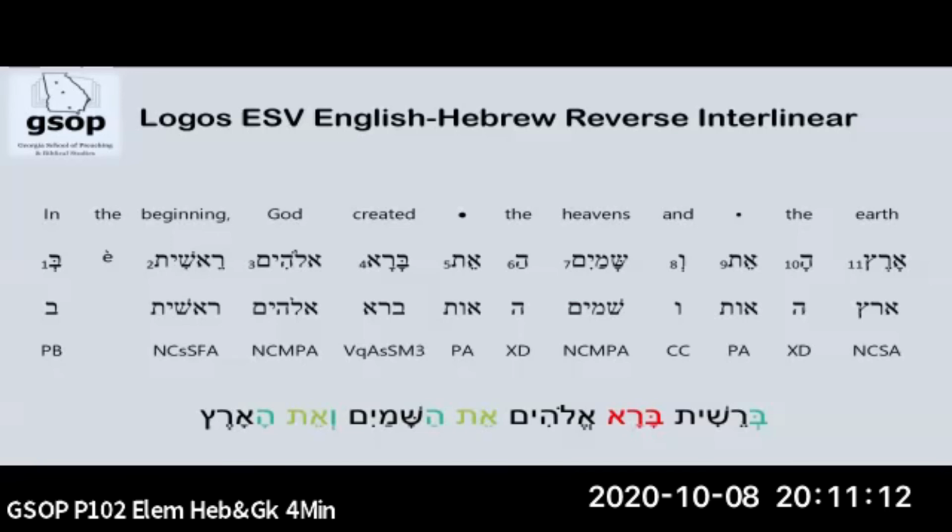And so we see it twice. It's associated with the heavens, and we see it again with the earth. And so Hebrew lets me know that the heavens and the earth are functioning as the direct object of the verb created. So the second line, now I put on the bottom, we did this